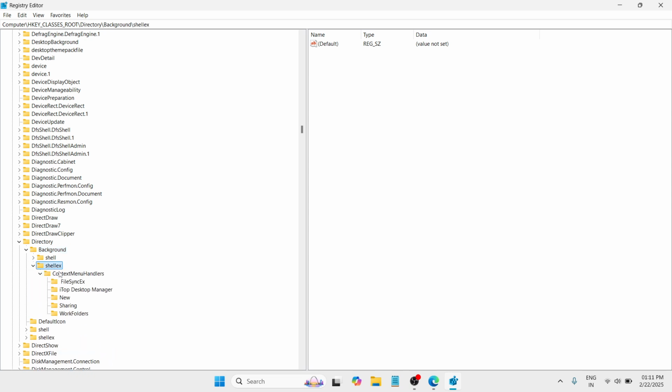Click this forward arrow again and go with ContextMenuHandlers. So it is HKEY_CLASSES_ROOT, then Directory, then Background, then Shellex, then ContextMenuHandlers. So under the ContextMenuHandlers, if you see any two folders named IGFXCUI and